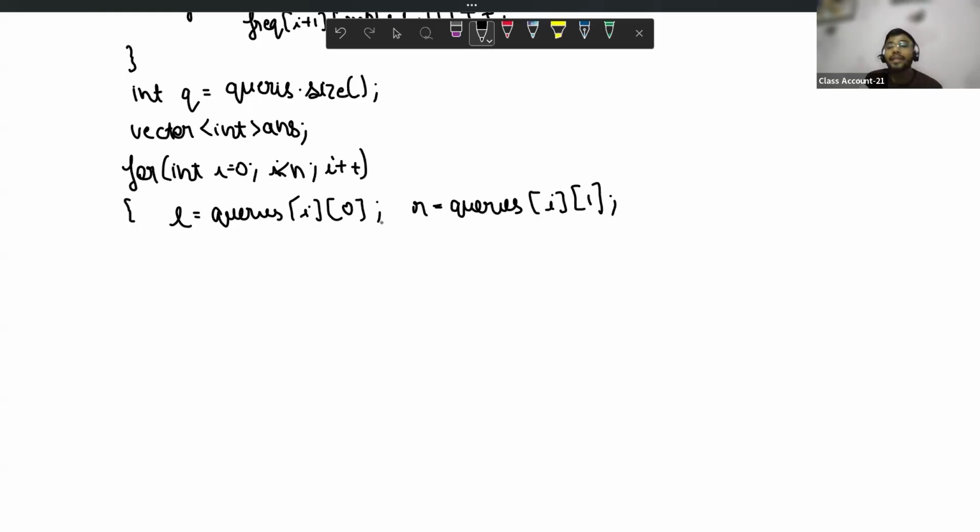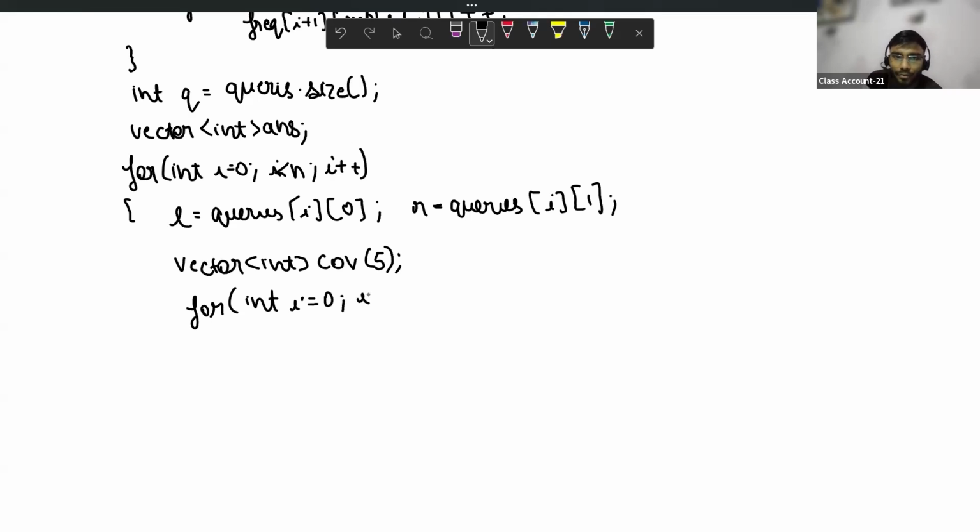Now I need to store the frequency of every vowel. There are 5 vowels, so I need a 5 size array again. Let's declare it. What is the use of this? As the name suggests, I want the count of vowels. Can I name it count of vowel, COV, with size 5? And how will I find the count of vowels? Please be with me. For int i equals 0, i less than 5,